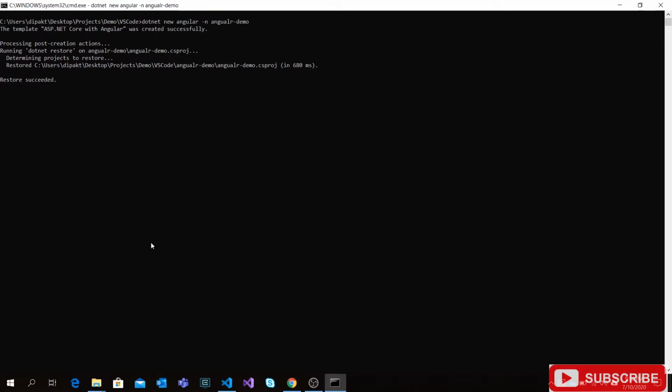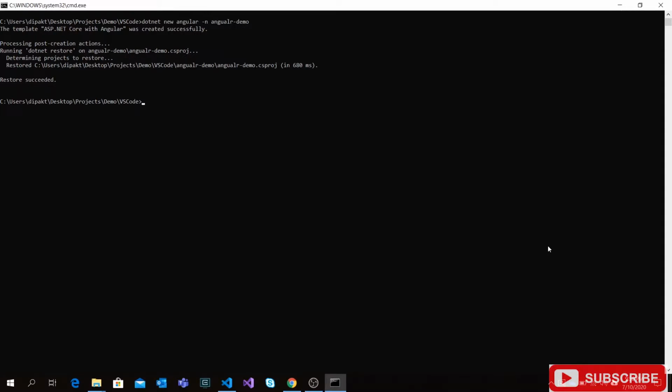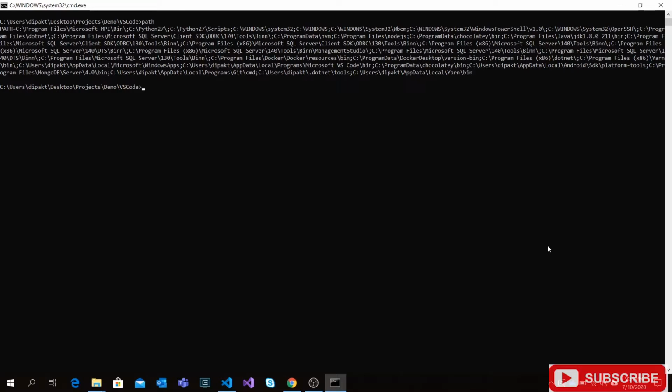Until it creates that application, we will see how we can launch VS Code. One way is we can launch VS Code from the start menu and open our directory inside VS Code. But I will show you a really nice way to launch VS Code. If you have installed VS Code and it is in your path variable, you can launch the editor with the code command.